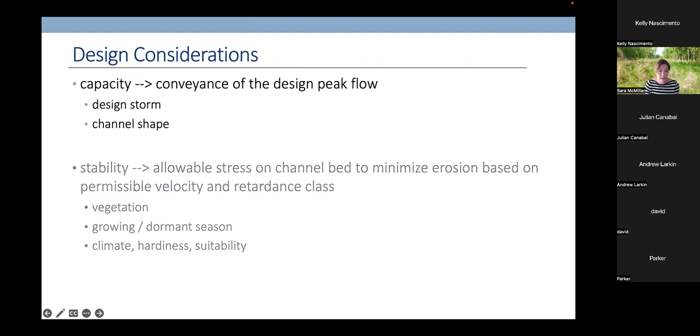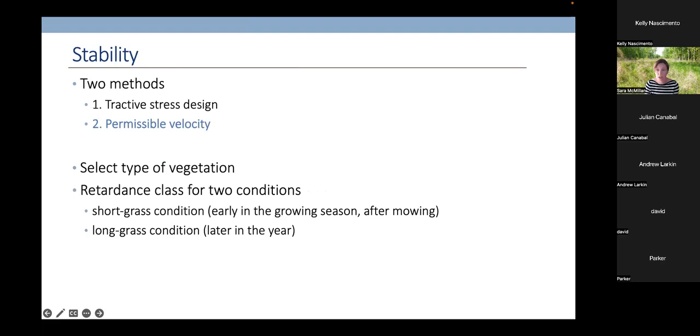So the next piece we're going to talk about is stability. Like I mentioned before, there's two methods we can use to design our channels. The stress approach, shear stress, is the force of the flow along the bed, such that you're causing a force on the bottom of your stream bed through friction, and that is causing instability. So that could make soil erode, that could make plants get ripped out of the stream bed or the swale